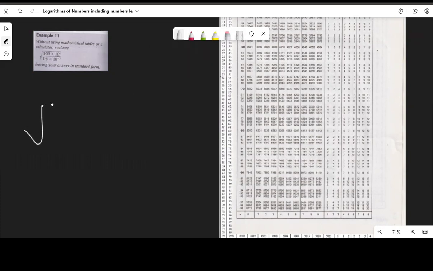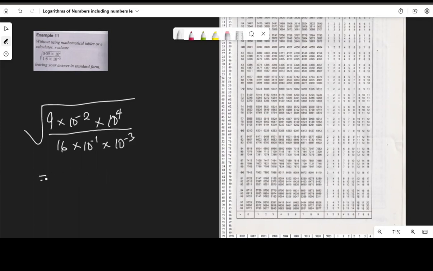So this will be, if I express this in standard form, I'll have 9 times 10 to the power of negative 2, times this 10 to the power of 4 that was there originally, then all over 1.6. If I turn that to 16, that means I move the decimal point in one place. It will be times 10 to the power of negative 1, then times 10 to the power of negative 3 that was there originally. And this will be 9 over 16, the square root of that, times